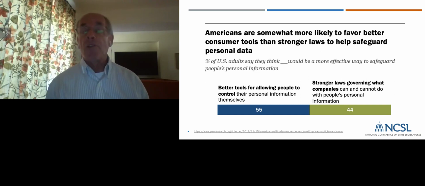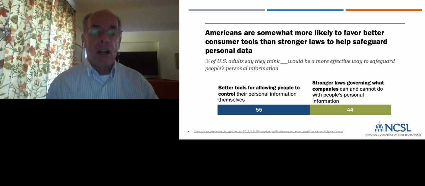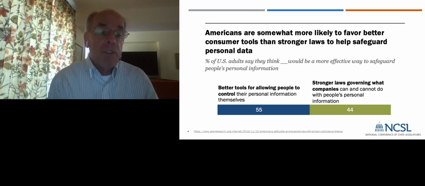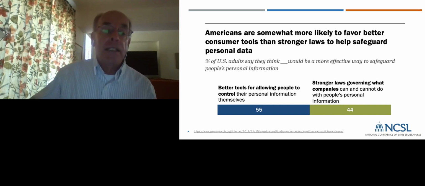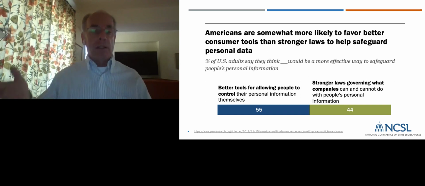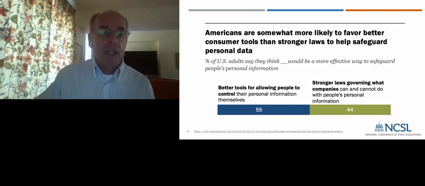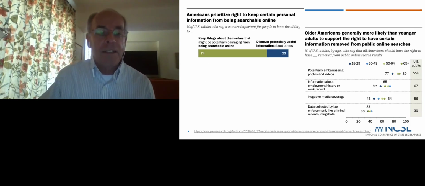When you ask them about the trade-off, which do you think would be the most effective way to safeguard people's data, 55% of Americans say better tools for allowing people to control their personal information would be the most effective, while 44% say stronger laws governing these companies. So there's a way in which Americans want to recapture control of this. And